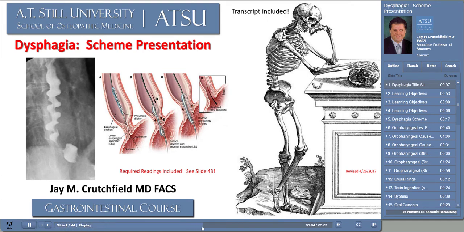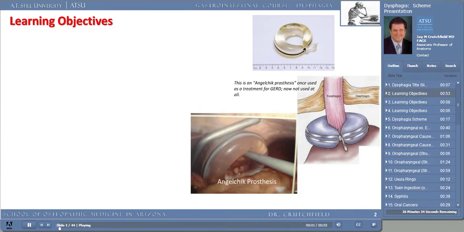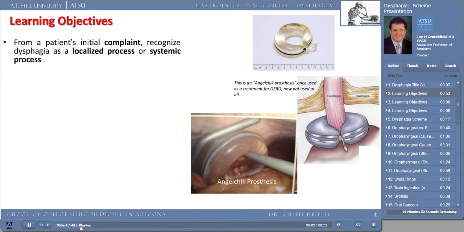Welcome to the scheme presentation for dysphagia. Perhaps the most important learning objective is number 5, the ability to differentiate between dysphagia, which is difficulty swallowing, and painful swallowing, or odynophagia. Also, I'd like you to be able to recognize, just from the photographs that I show,